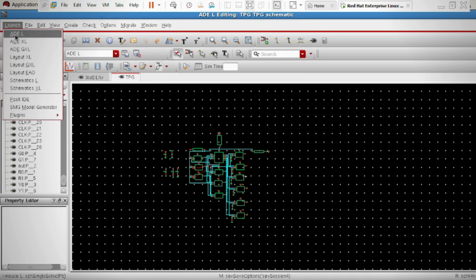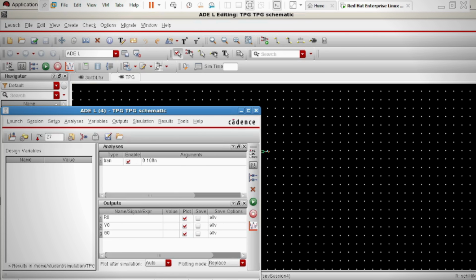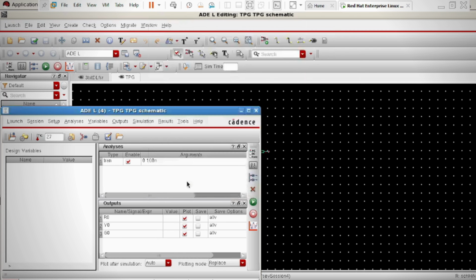Begin by opening the extracted view of your circuit in the Virtuoso Layout Editing window. Navigate to Launch, Analog Environment to open the Virtuoso Analog Design Environment window. Alternatively, you can launch ADE L from the Command Interpreter Window, CIW, by selecting Tools, Analog Environment, Simulation, and specifying the library and